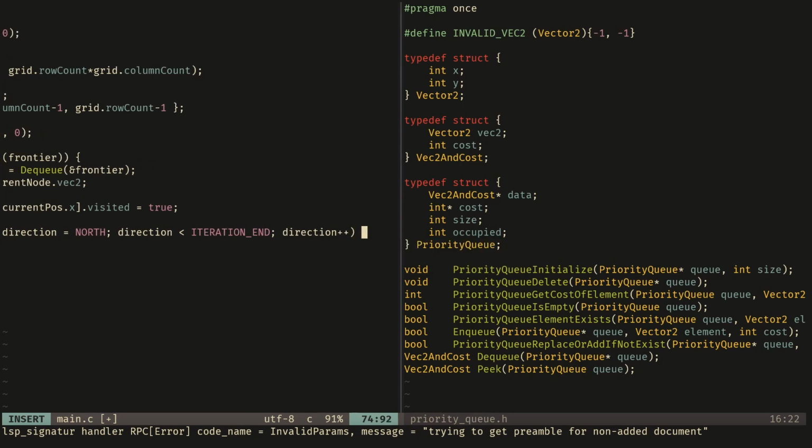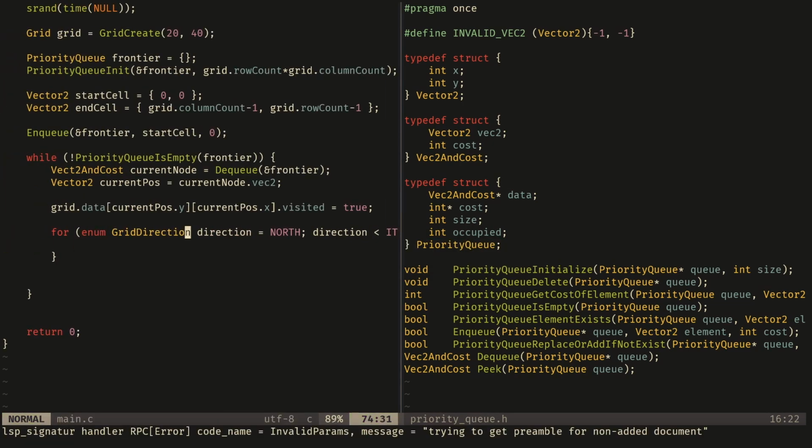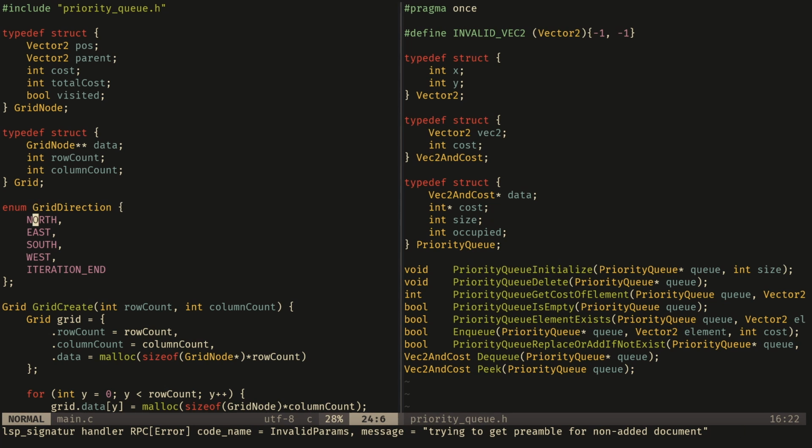to increment direction. Now, if you are new to C, you might be seeing this code and getting a bit confused. Like, wait, what? How can you increment an enum? Is there some weird structure internally? Well, an enum is really just an integer. So, if you aren't familiar with this, whenever I specify grid direction enum, I'm just giving these names right here. They're actually just integers underneath. That's how the compiler treats them. So, this will be set to 0 by default. This is 1, that's 2, 3, and 4. So enums are just named integers, and because of this property,